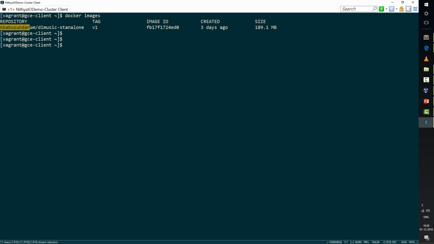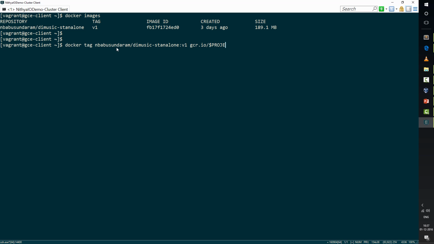See that the first part is the naming convention, because it is the login ID for Docker Hub, and this is our custom name and tag. So if you have this naming convention, then only can you push it to Docker Hub. In the same way, you should follow some naming conventions for Google Container Registry also. For that, we have to use Docker tagging. So I'm going to use docker tag, and I'm going to grab this image and v1, and then I'm going to mention the naming convention gcr.io, that is Google Container Registry,